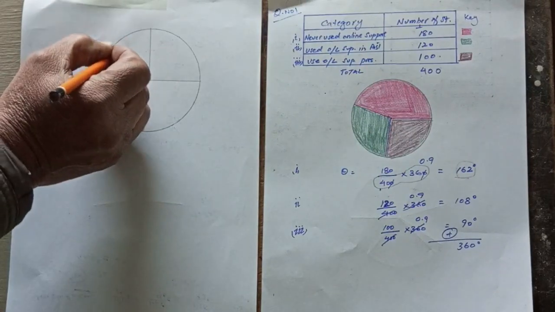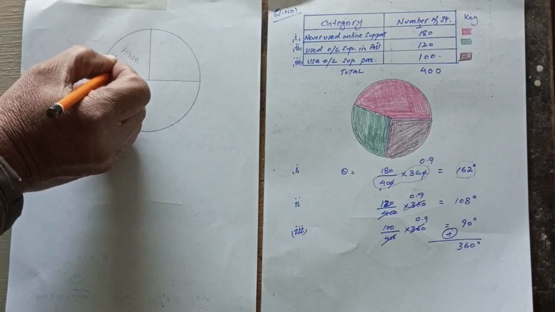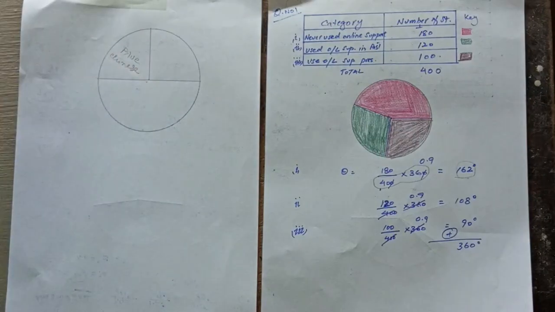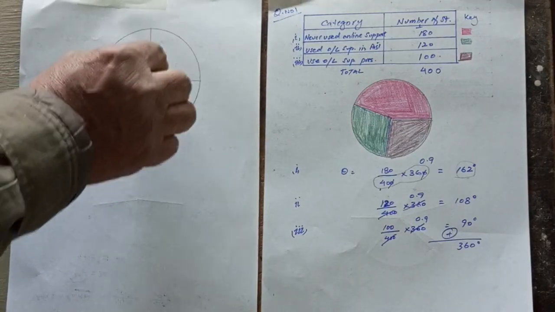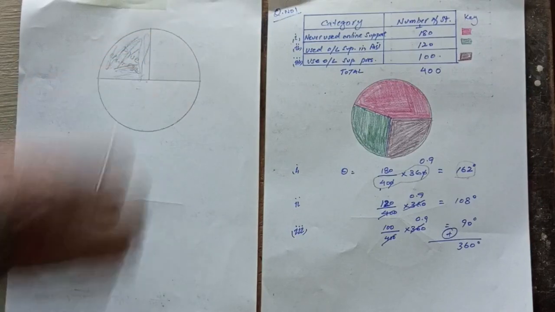Now this part was blue and was held by the Chinese students. So this part is blue and this is held by the Chinese students. Okay, if I do it blue. Okay,